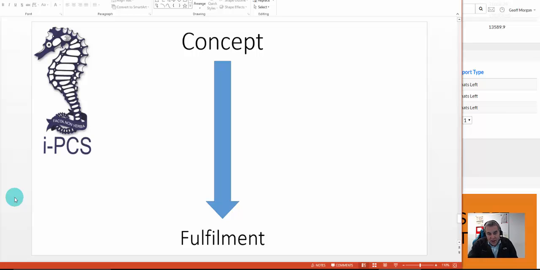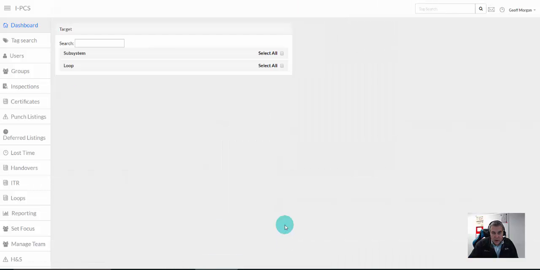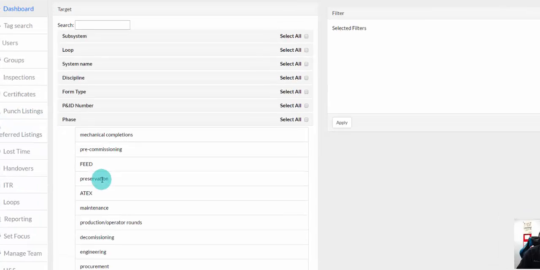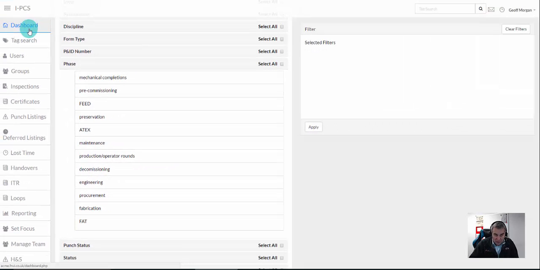So we've brought that philosophy into the actual i-PCS application, and I want to quickly try and show you and demonstrate that. So if I go into my global status report now, I've got here phases. I can generate and create reports based upon what phase you happen to be in. Are you in the procurement phase, are you in fabrication or the factory acceptance testing? You can generate reports from that, and because we have brought those activities in, when I jump back into the